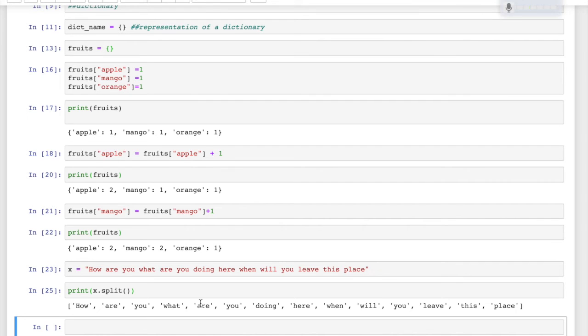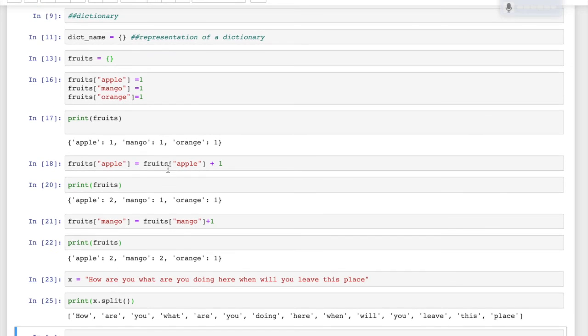So now what I wanted to create is that, see here, r is 2 times, u 2 times, will I think 2 times, you 3 times. Similarly apple is 2 times here, mango is 2 times, and orange is 1 time.